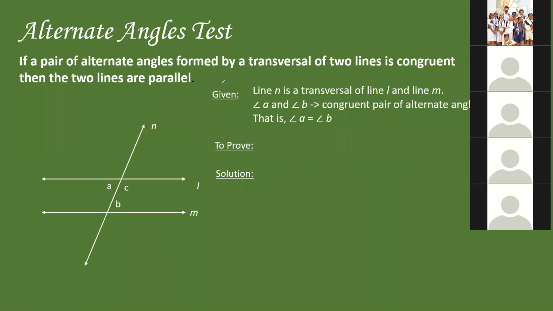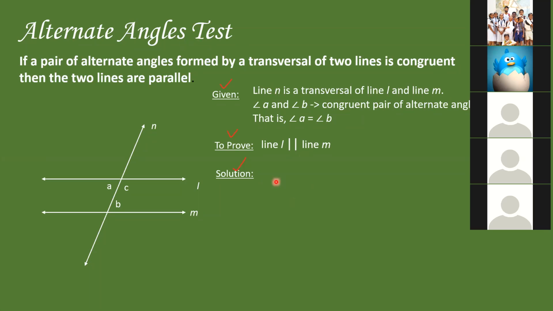We have divided it into given, to prove, and solution. What we're going to write in to prove is line L is parallel to line M. This is what we have to prove. So how do we prove it? Folks, I forgot to tell you, whenever we are proving something, you have to use your previous knowledge and then think, how can I prove this? It's pretty interesting actually once you get the hang of it.